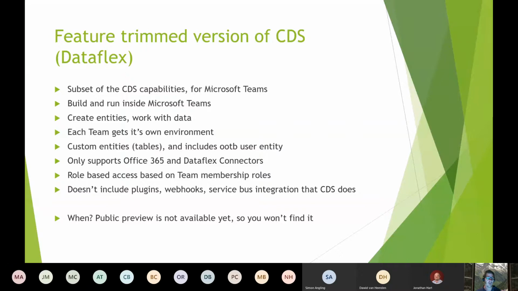SharePoint lists is just not the best place for bigger data sets. So it's pretty cool to get access to a CDS type of construct inside of Teams for customers that don't own CDS. I think that's the important point to know.